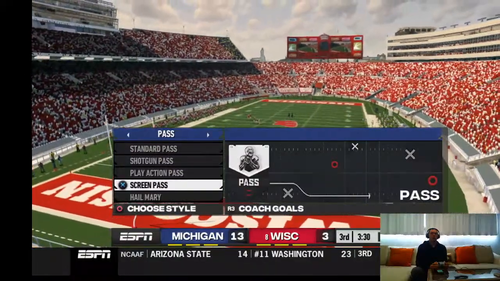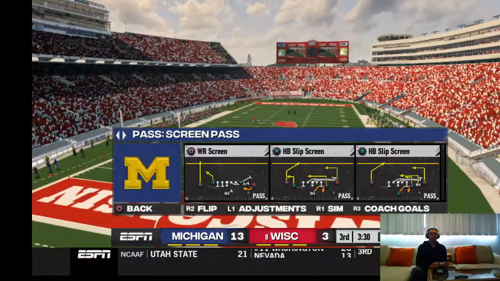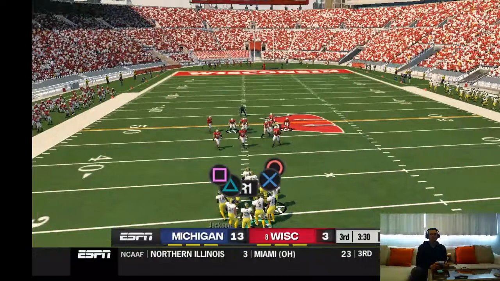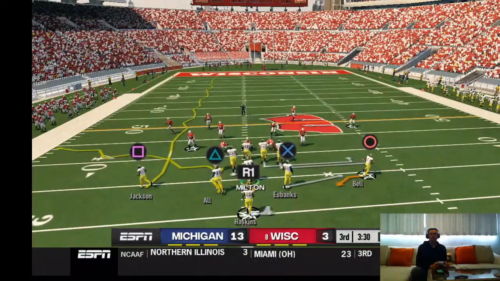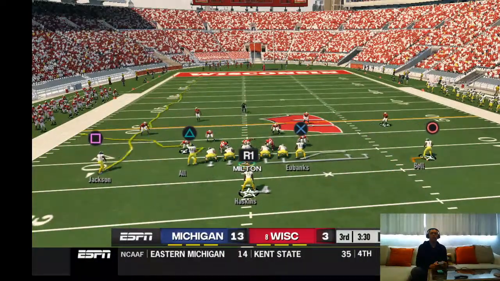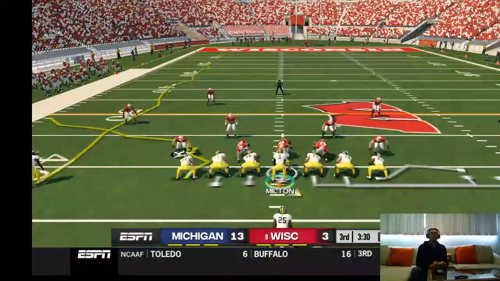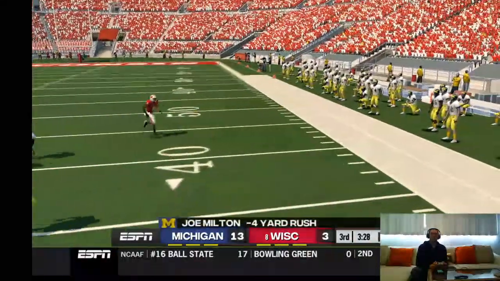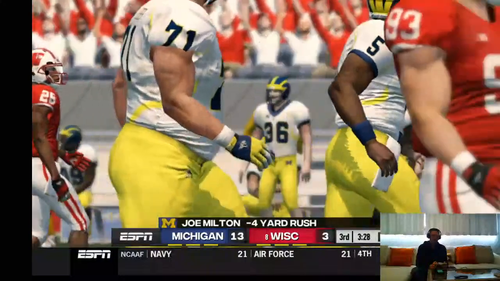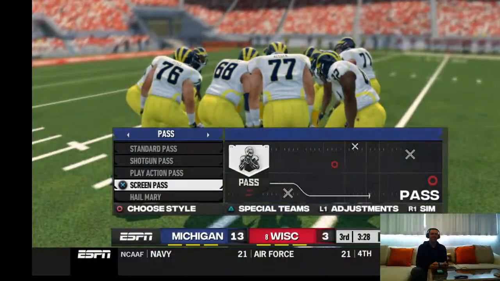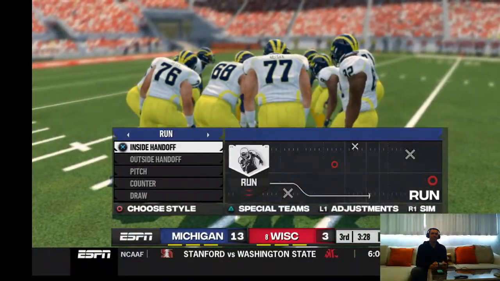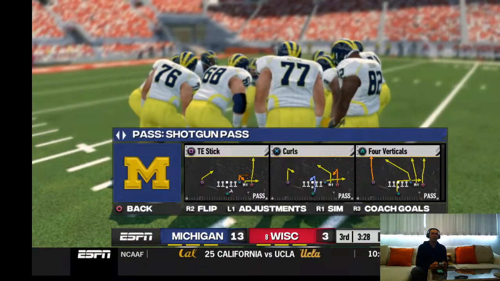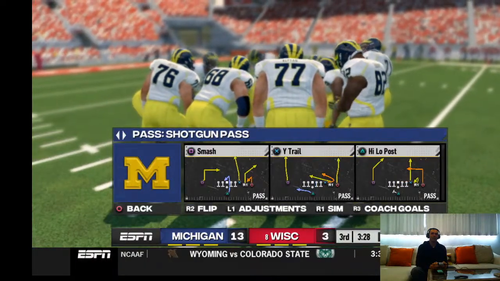I'm trying to set up a screen again. The quarterback comes back on the field, and I'm sure he's hoping to make up for that interception on the last drive. The first rule on offense is to take care of the football. These guys need to remember that on this drive. Oh my God. Backward pass, that's a fumble. Can't get the run or the pass game going today. Gotta get something going here though.